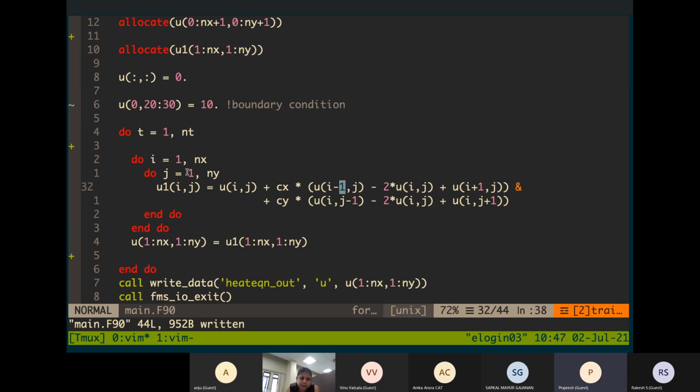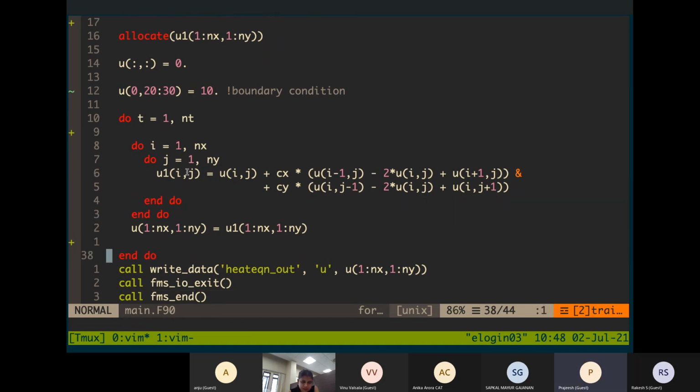Here u1 becomes the predicted variable, the values in the next time step. And once you get all of u1, the previous time step is replaced by the current time step. That's what's being done here, and this will just go on.